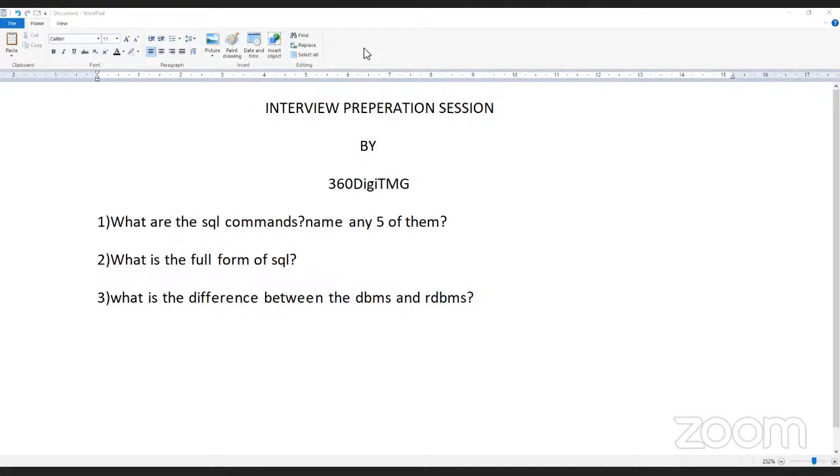Yeah. So as we look into this, DBMS is called a database management system. It is a software application that helps to build and maintain the database. RDBMS is a relational database management system, and it is a subset of DBMS. It is based on the relational model of the DBMS. So as we go with the next one,